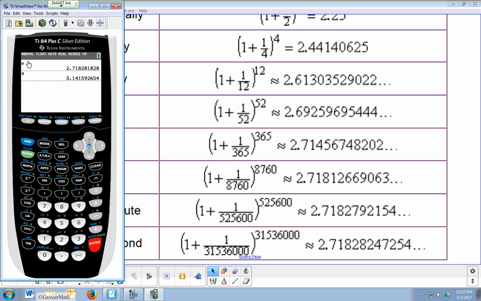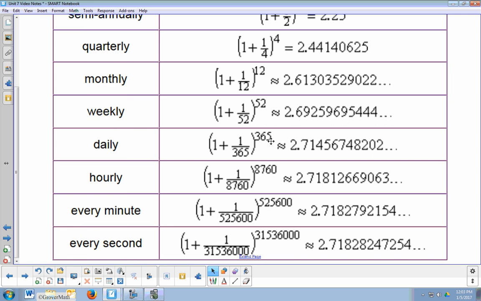In fact, we tend to use e more and more often, continuing with this course, and then when you take pre-calculus and calculus and stuff like that, you tend to see e just as much as you see pi. These are the two most common and useful irrational numbers that we have. So e is about 2.7, where pi is about 3.14. But that's what happens: the more we compound, the closer we get to that naturally occurring number. And we see it all the time in nature and stuff like that, but we use it often in exponential stuff,